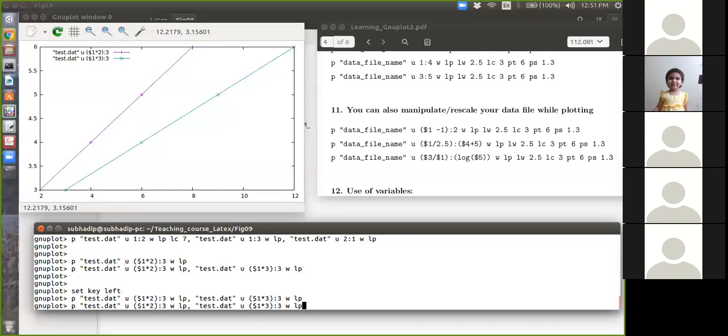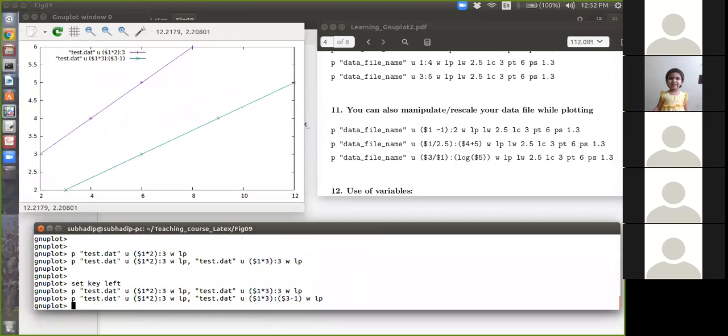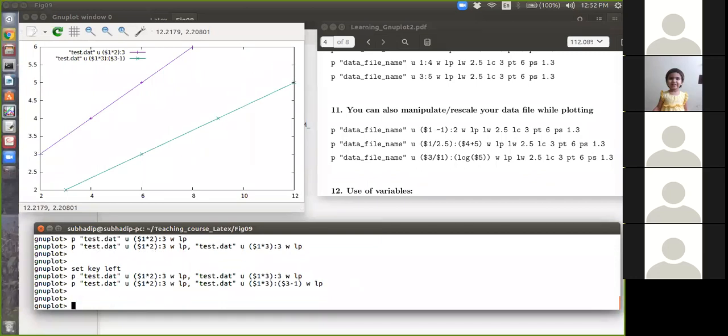Now if you want to do any mathematical operation, say with column 3 also, then put the $ sign here, close the bracket. You want just -1 here. So any operation, any function, and also you can plot any function of this, say log of $3.